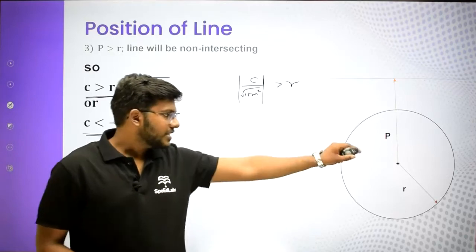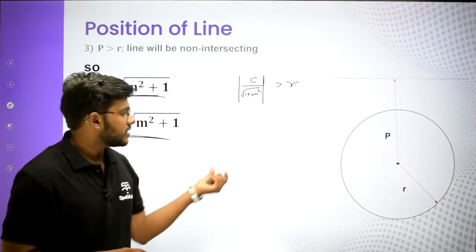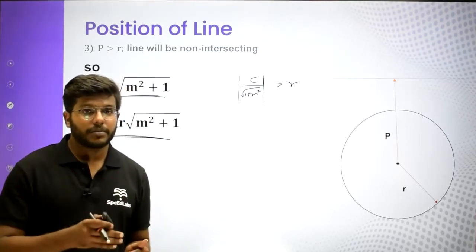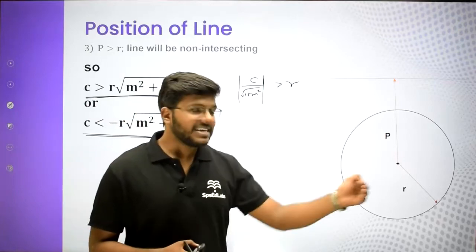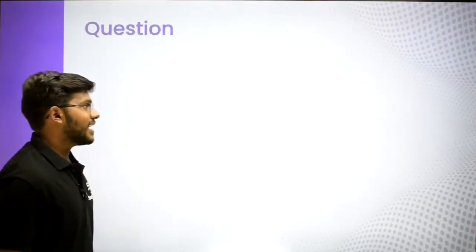If you have your center at origin and you want line, so the most important thing in this discussion is condition of tangency. When your y equal to mx plus c can be a tangent, when c becomes equal to plus minus r into under root of 1 plus m square.